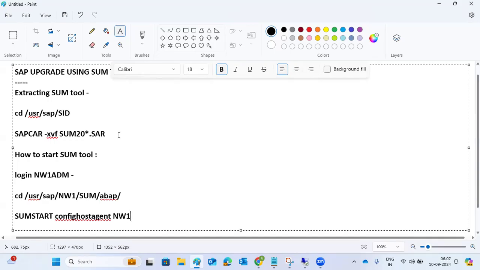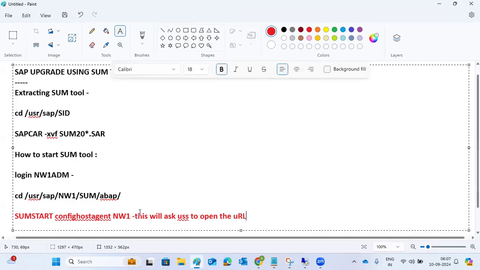So this is the command we have to execute here. SUM start config hostagent NW1, this command we have to execute here. So this command will ask us to